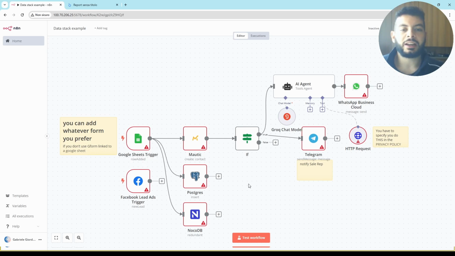Then let's say that you know that if leads have a certain feature, they more likely become a customer. Let's say that you can hard code this condition because you also put a specific question in the form, and if it is the case, send a Telegram notification to your sales representative if you have them or one in your team.